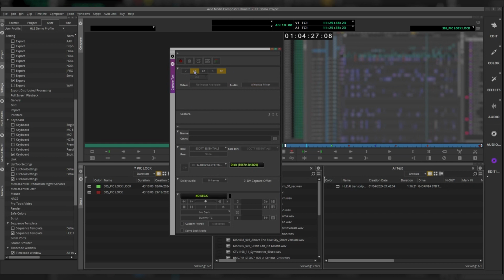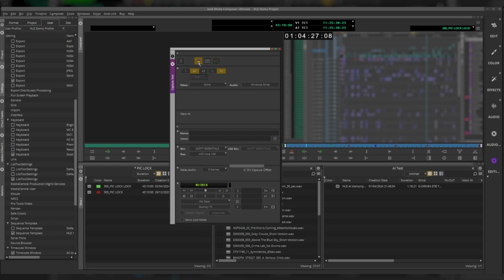You want to select one audio channel. That's all, just A1 is fine. Up here we have the record button, delete, we also have the capture button, and we also have the toggle source. You need to be in tape mode, and then you need to change from this capture log mode from capture to log. So now we want to enter the start timecode, which is going to be 1 hour,